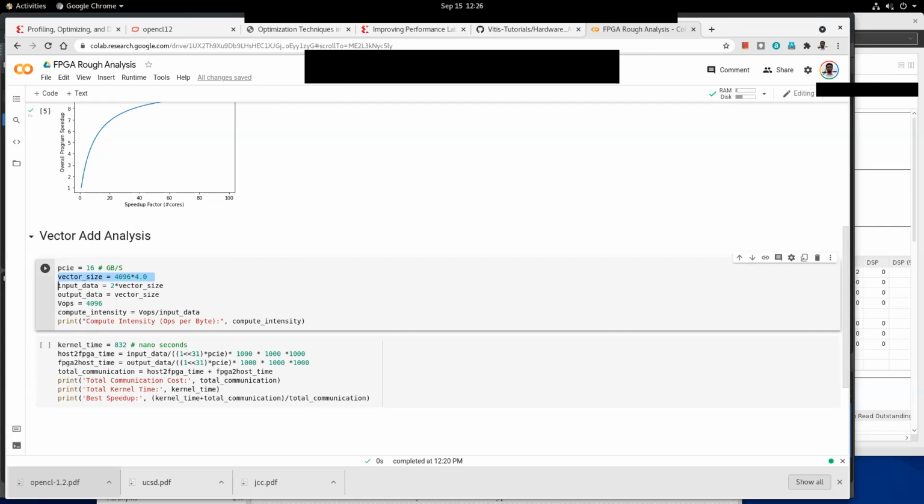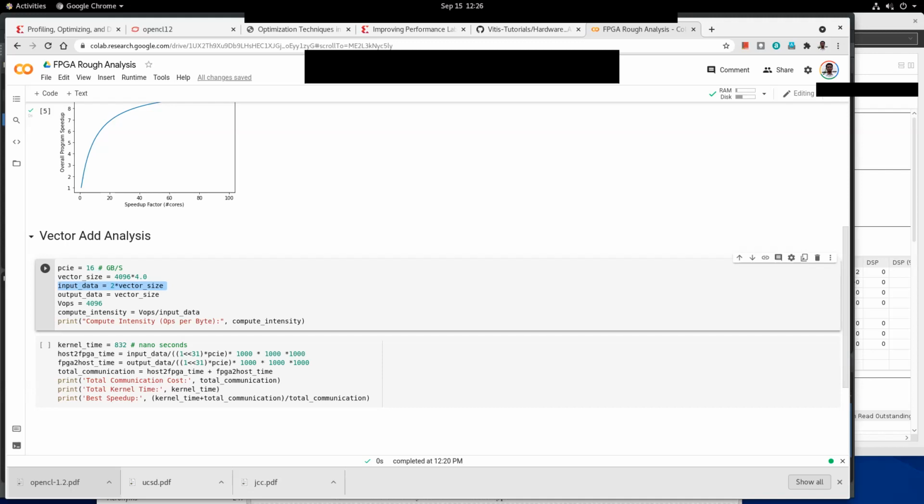There are two input vectors, so the size of the input data is 2 times the vector size, and the size of the output data is equal to the vector size. We are performing one addition operation for corresponding pairs of elements in the two vectors A and B. Therefore, overall, the number of computations that we do is 4096.